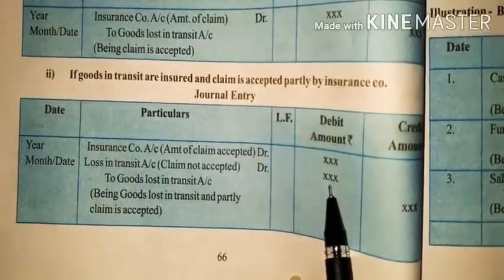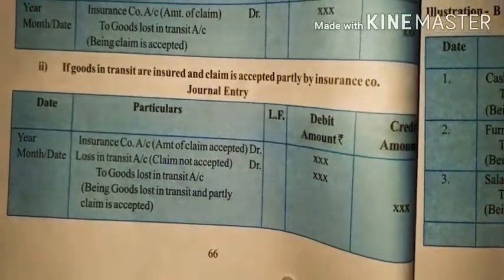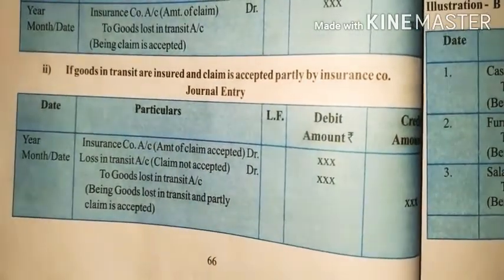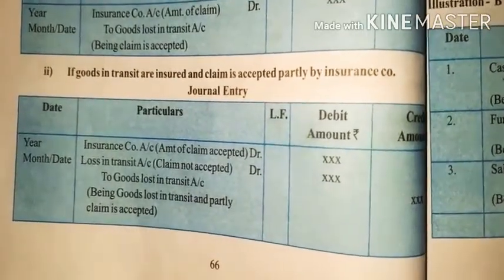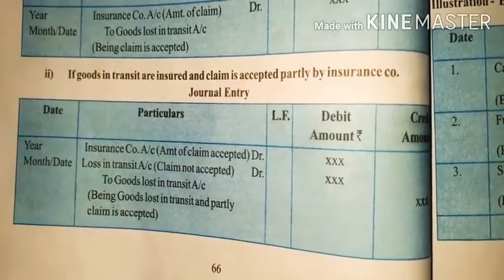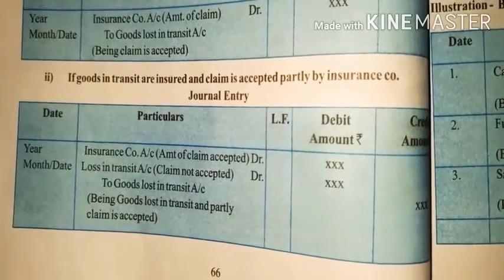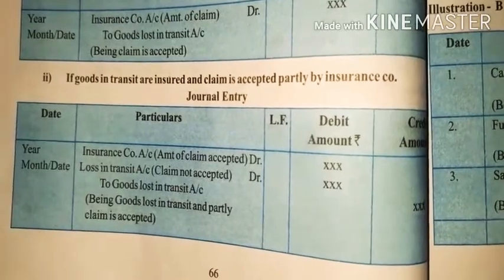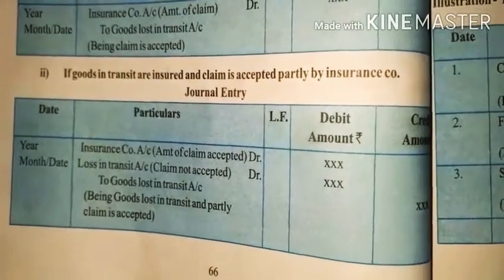You have to mention it over here, because you have requested a partly claim from the insurance company. The other partly claim that you were about to request but haven't requested, still you have to write down as claim not accepted. Now it depends on the insurance company how much insurance you have taken for the goods that are lost in transit or lost by any event. That depends on your insurance policy. They will give you the claim according to your insurance policy.